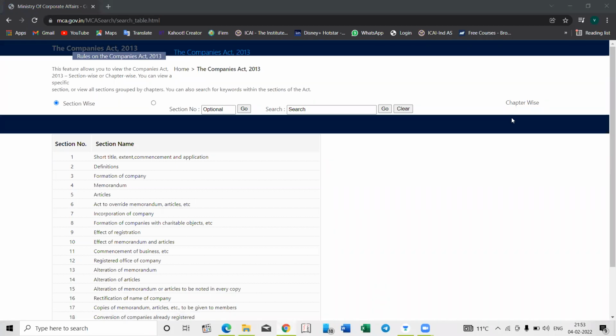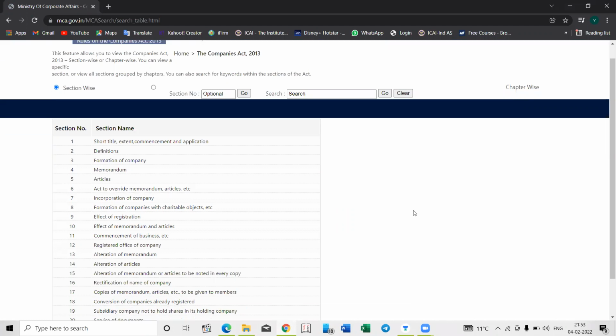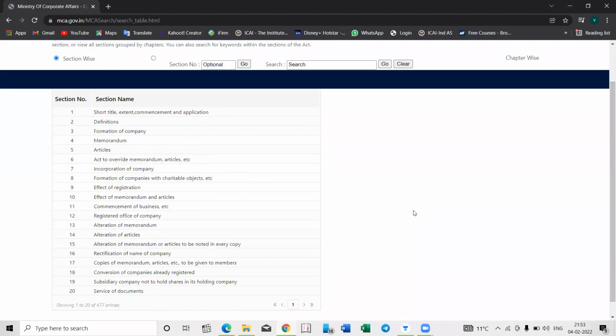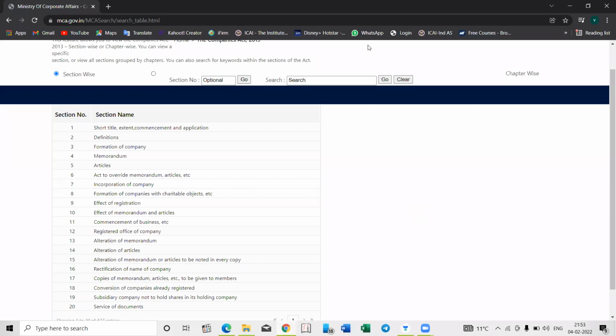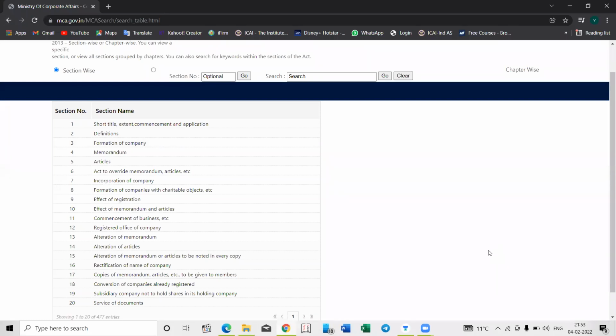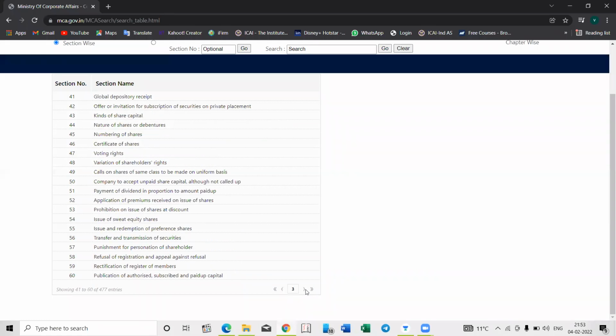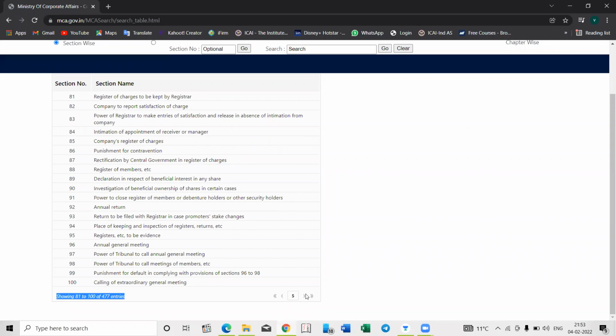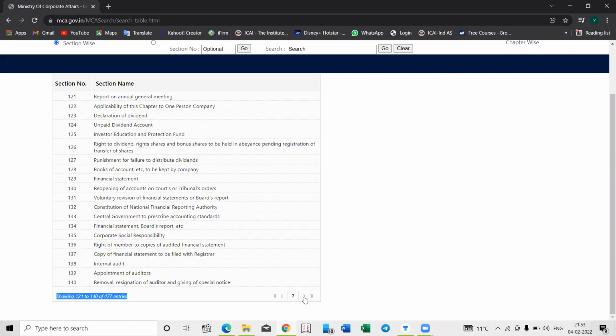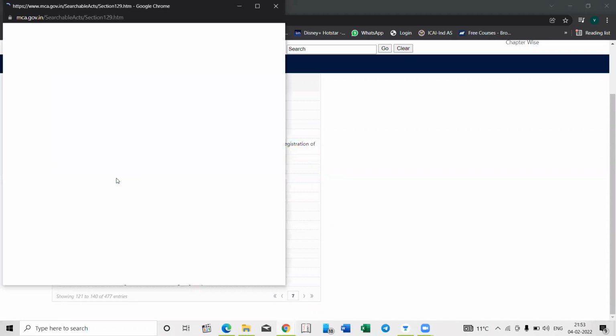Accounts. Wait, let me open from that. Okay, I have to sort by section. Section 129. Just next, financial statement.